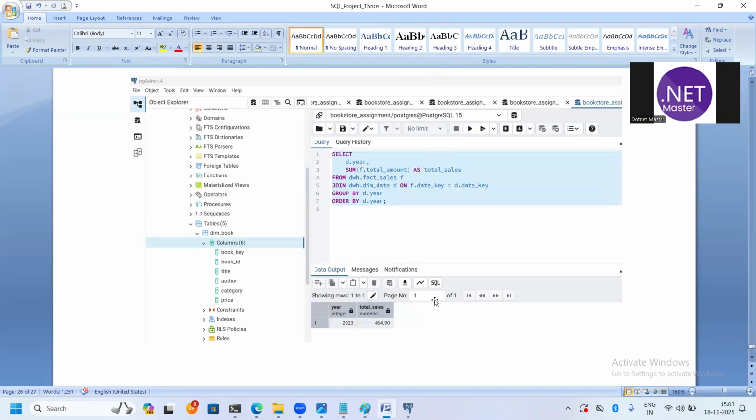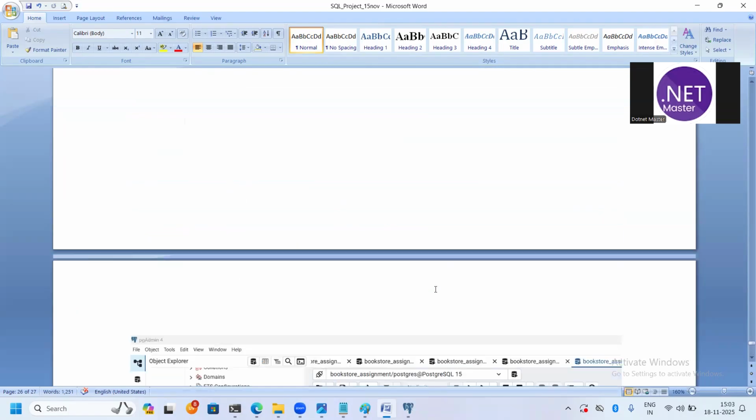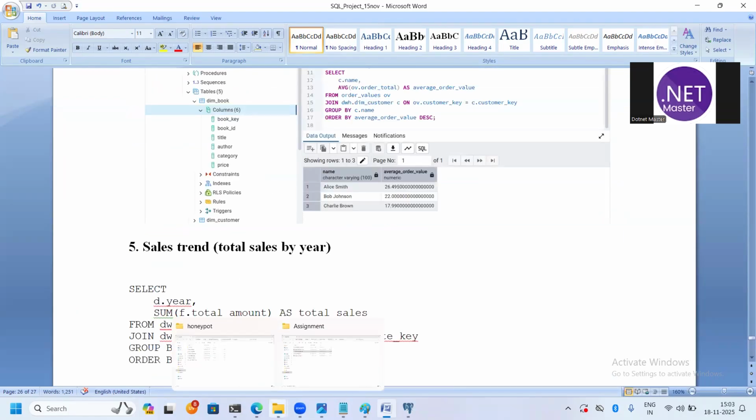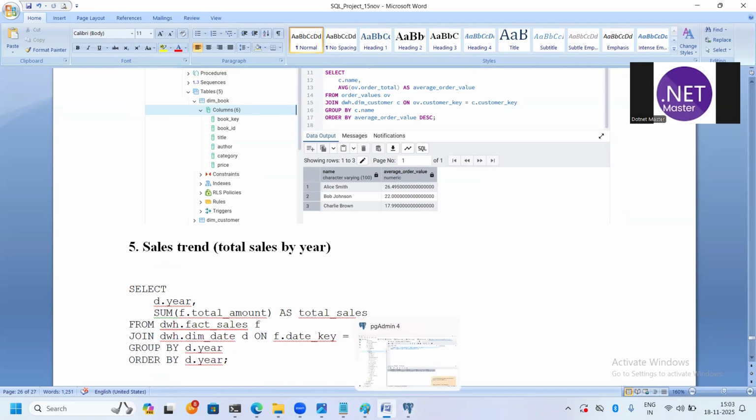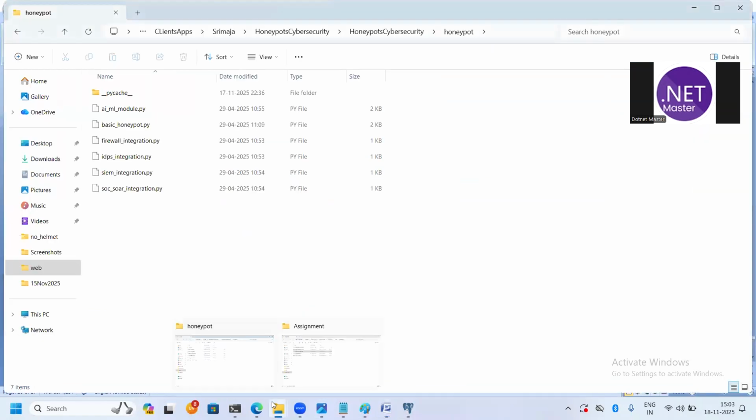Okay, so that's it, we are done with the SQL requirement. And what they ask is, they want you to submit one SQL file. See, this is your SQL